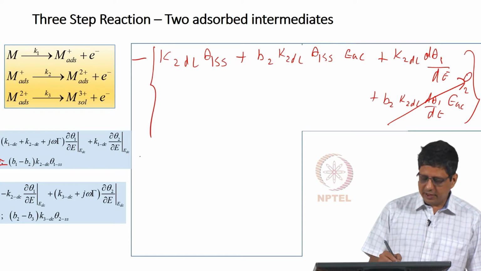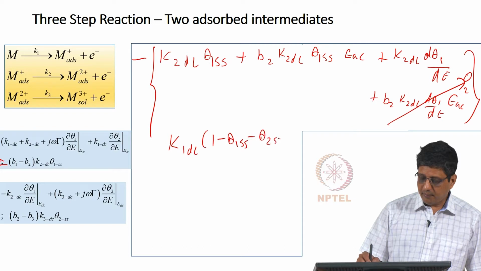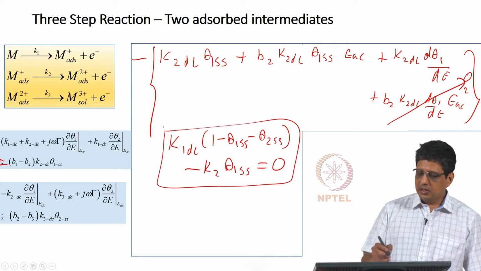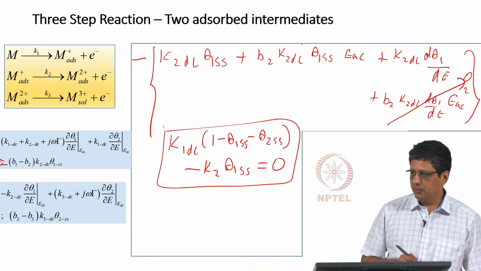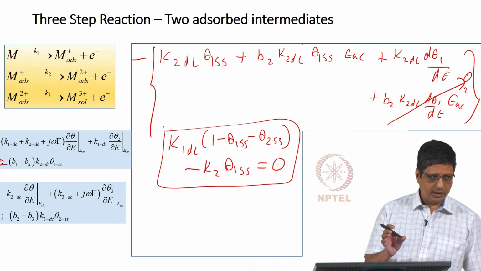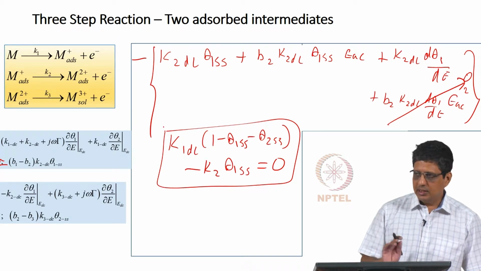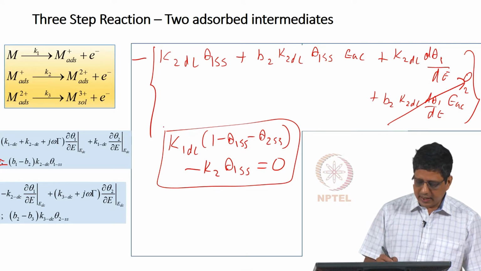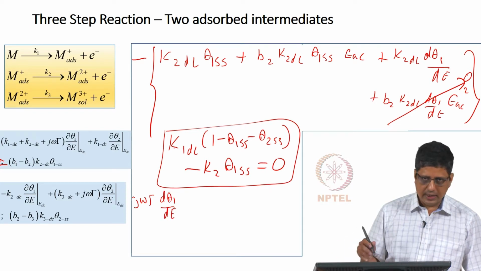Then when I take the first equation, I recognize the constant terms, if I combine them together, they will go to 0. First term gives you a constant term, second term gives you a constant term on the right hand side. They will go to 0 because that is the definition of theta 1 SS and theta 2 SS in fact. Do you follow? Okay. So, that means I can rewrite it and say j omega gamma d theta 1 by dE. EAC is there, I can divide by EAC throughout this.